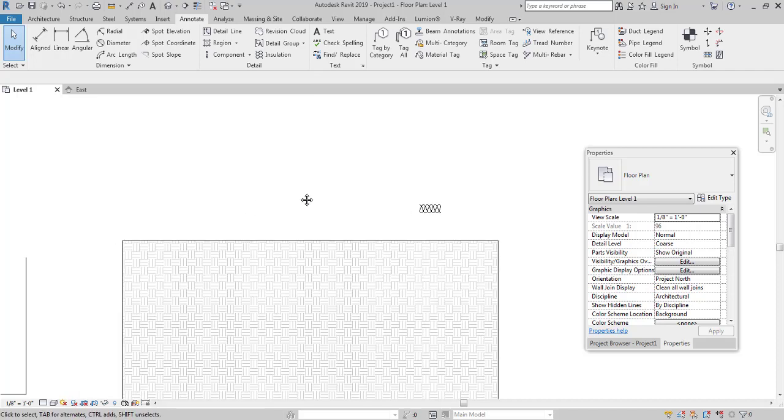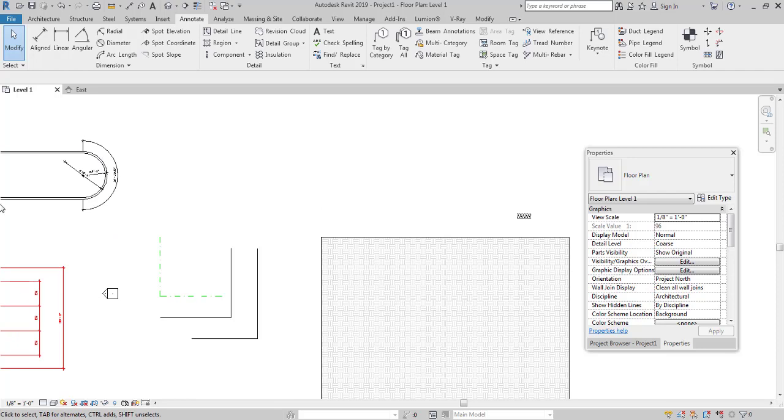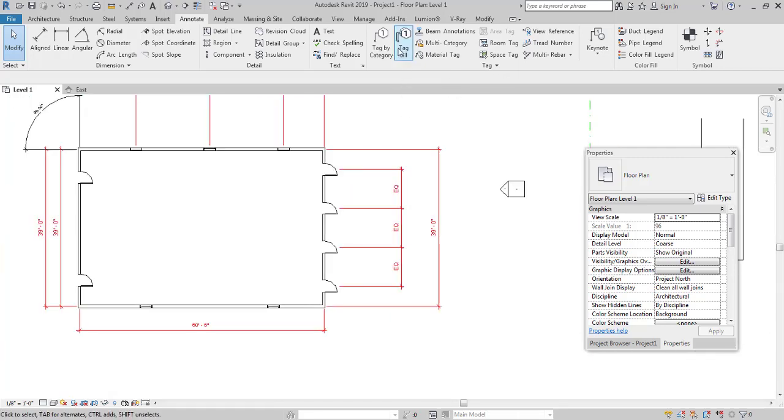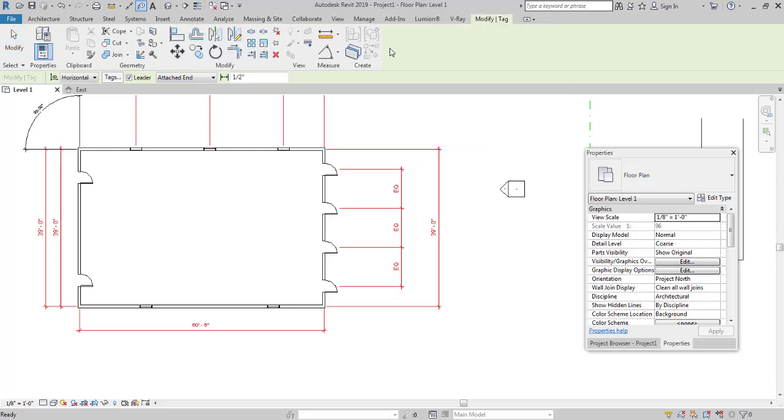And I will be showing you guys a project that I did for a client of mine, in which I used all of these commands that I just taught you guys on how to create high level detailings for projects of your choice. And another last command that I would like to go over is the tag by category icon over here, which is used to tag windows and doors and other important elements in the project. So select the tag by category.